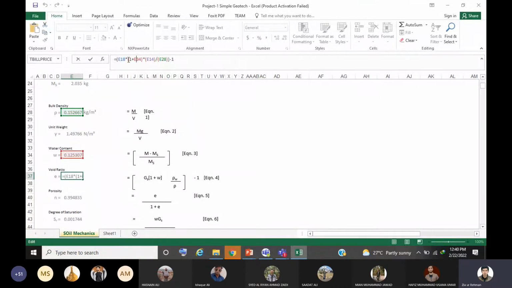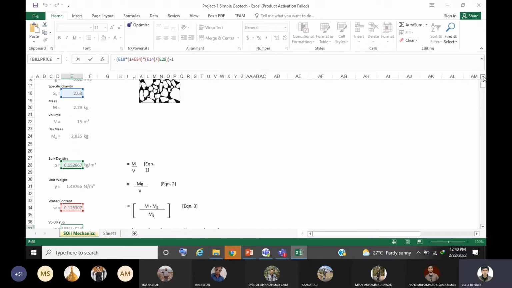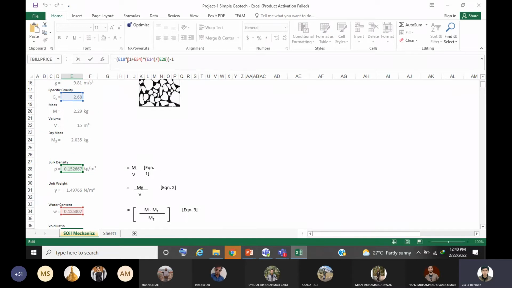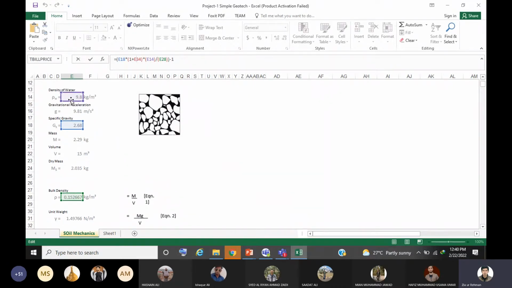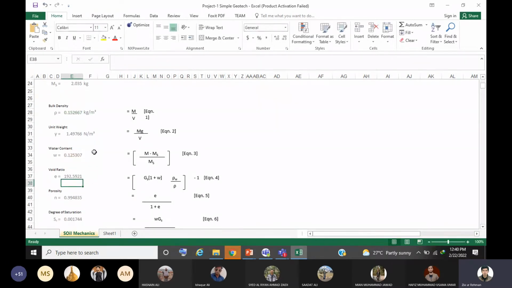It is taking the value 1 plus moisture content multiplied by specific gravity, which I have defined in this cell. So multiplied by specific gravity multiplied by this bulk density divided by density of the water, which is written here, or you could take it to be a constant, divided by 9.8, and when you enter it, it would give you the value.